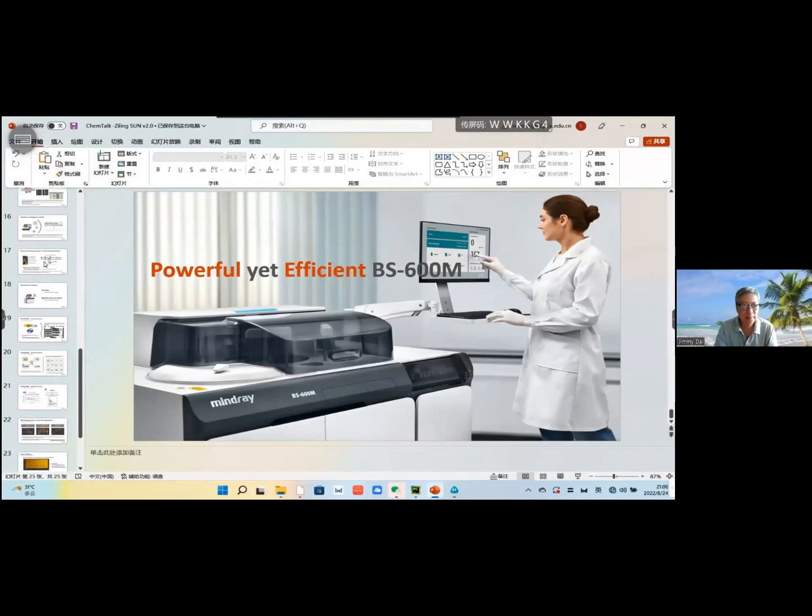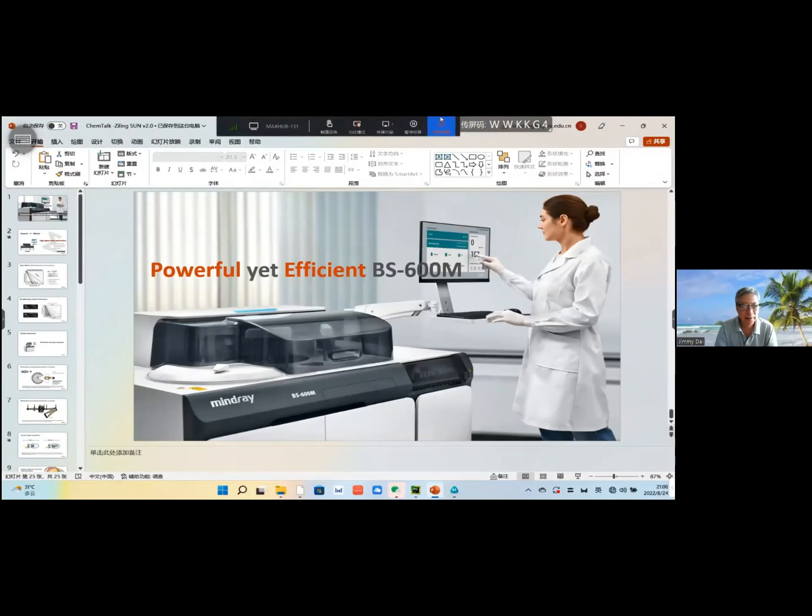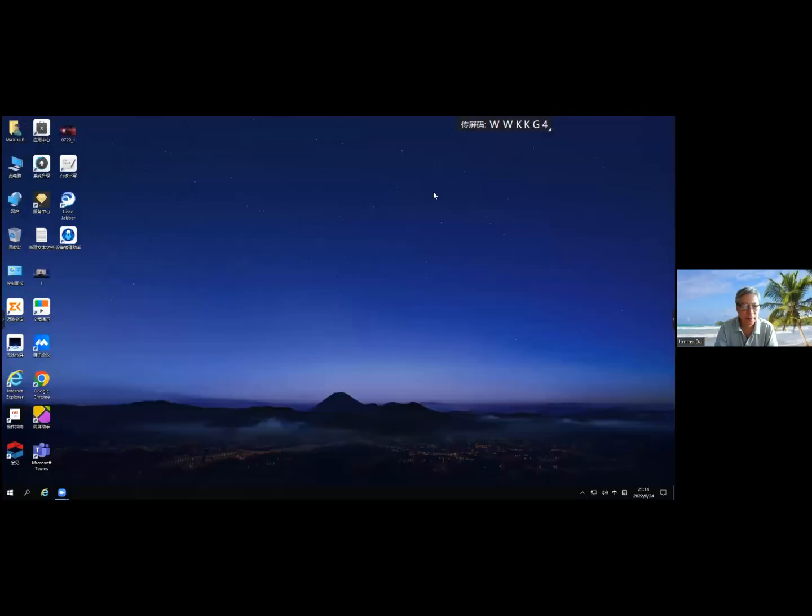Our next speaker is Mr. Chang-Sik Seo. He is a marketing and sales manager at Star Korea. His topic is BS-600M performance evaluation. Before his talk, we would like to play a short video clip from SQ Lab of Korea, where the performance